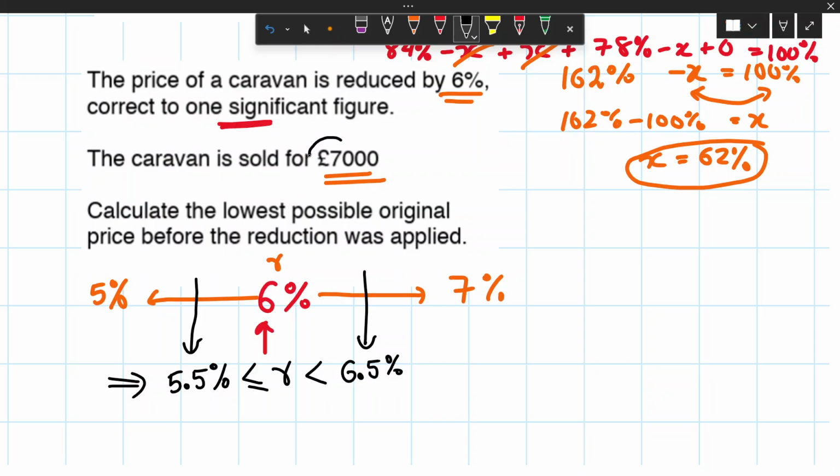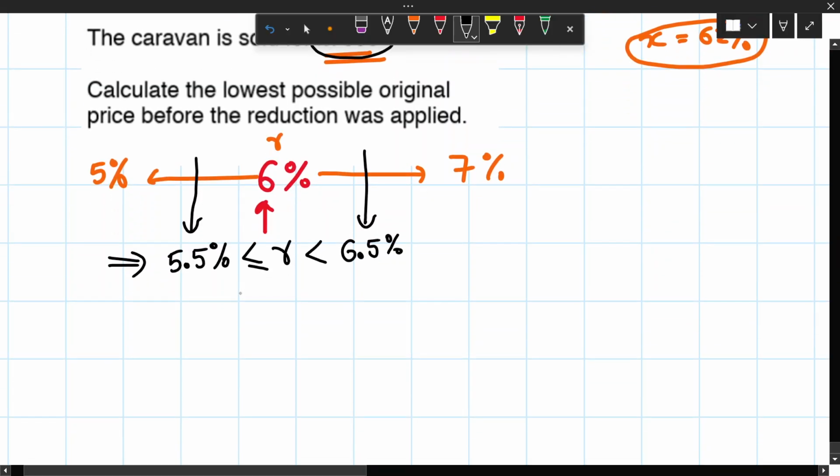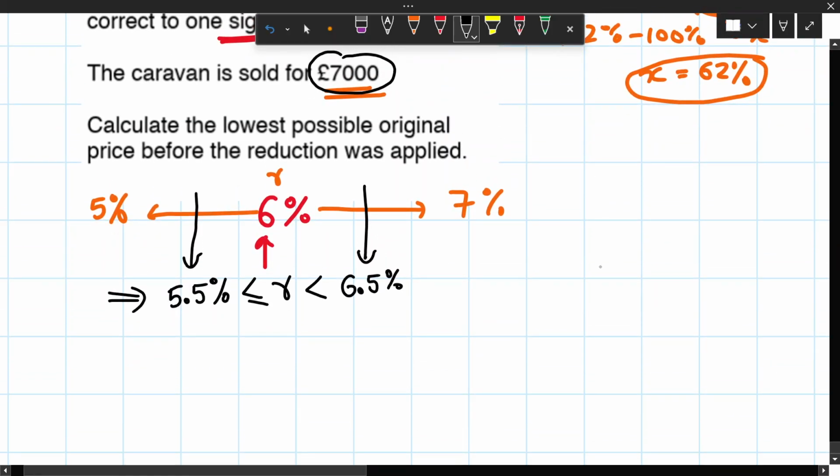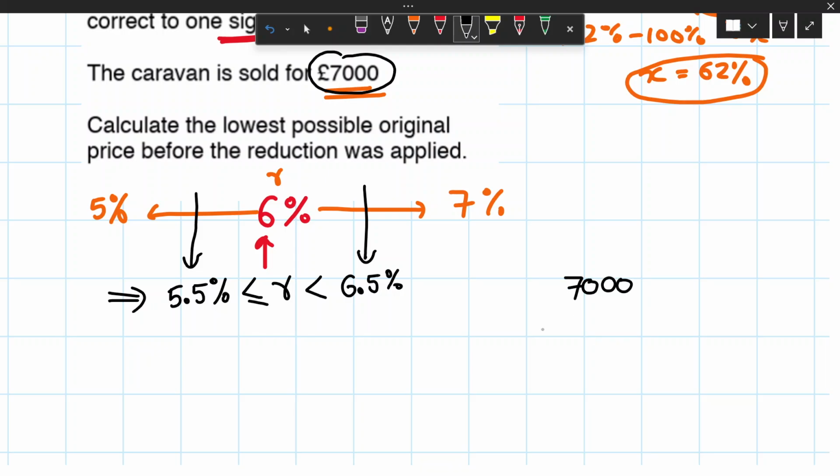The caravan is sold for 7,000. Okay. Calculate the lowest possible original price before the reduction was applied. Oh, that makes me think a bit more. So we know 7,000 was the value. So if I need the lowest possible original price,